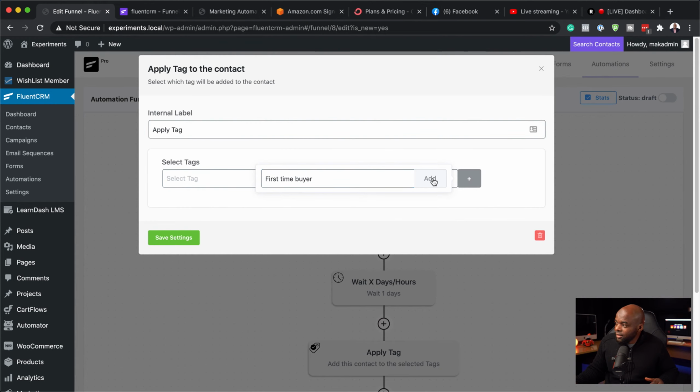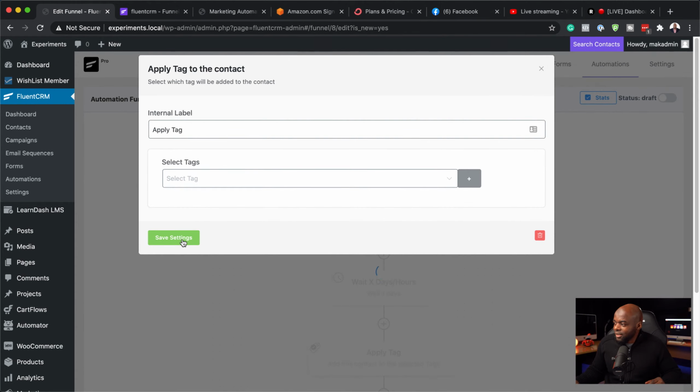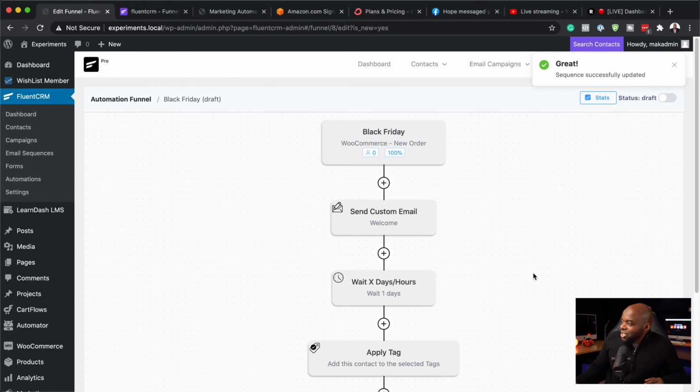Click on add. Now I've added a tag for a first time buyer. I'm going to click on save. There we go. So basically what is happening here is